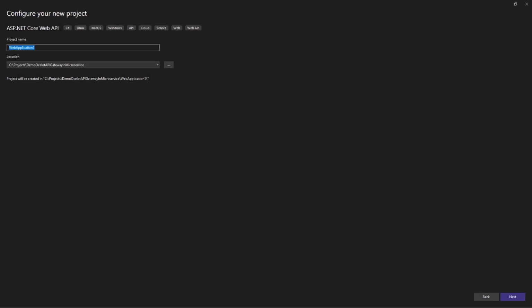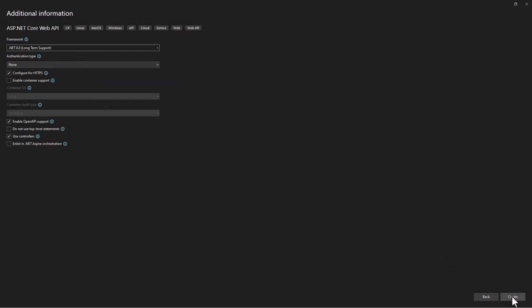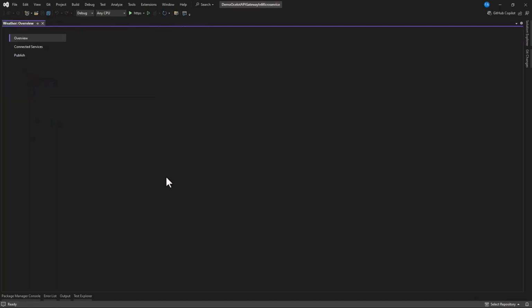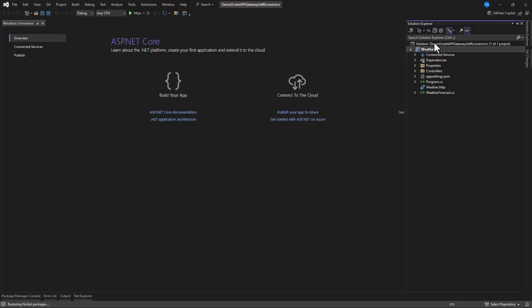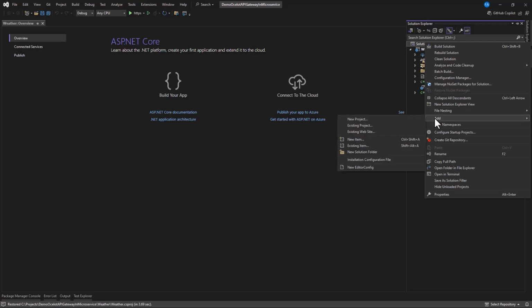So let's say we're going to have a weather forecast API and another API known as user. Okay, so this is going to be our weather forecast API. So maybe I can say this is Weather API. Then let's create this. So this API is going to perform CRUD on weather forecast, so we can create, read, update, and delete. Let's also add another one which is going to work on user. Maybe we can perform CRUD on user.